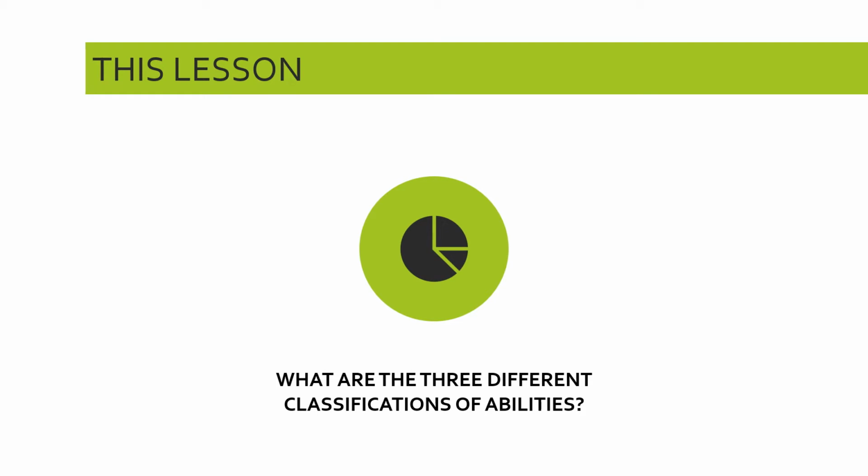So when we talk about abilities, we should remember that we're not talking about skills. You can go and watch the skill or ability video for clarification on that, but just briefly here, an ability is something that's innate to our bodies, some capability or capacity that we're genetically predisposed to. We have it, we didn't learn it. And we take these abilities and we hone them and combine them to produce skilled performance. So in this video, I'm going to describe the 3 different classifications of ability that we can then take and combine for skilled performance. Let's take a look.